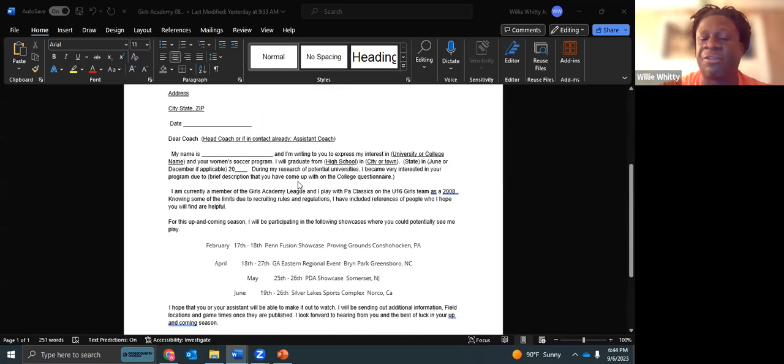They take this letter, fill it out, and shoot a quick email that says, "Hey, coach, my name is such and such. I just wanted to send you a quick letter with information about me and the club I play for. Here it is." Then that coach will open the attachment, read the letter, and have all the information that they're looking for.